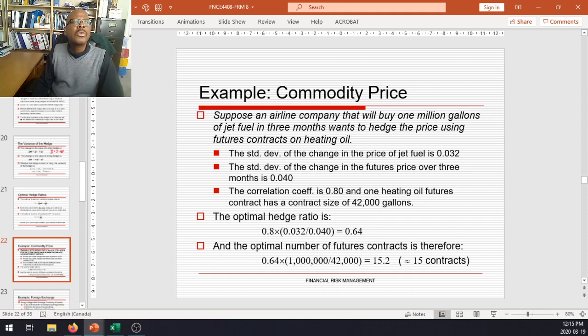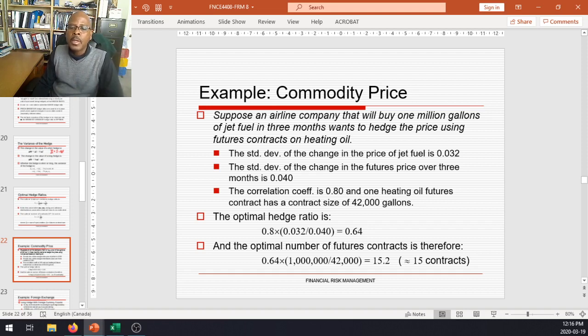Each futures contract has a contract size of 42,000 gallons. So in order to find the optimal hedge ratio, we use the formula that we had before: the correlation times the ratio between the standard deviation of spot prices and the standard deviation of futures prices. And so we get that the optimal hedge ratio is 0.64. That is, for every 1 gallon you have in the spot market, you will need 0.64 gallons in the futures